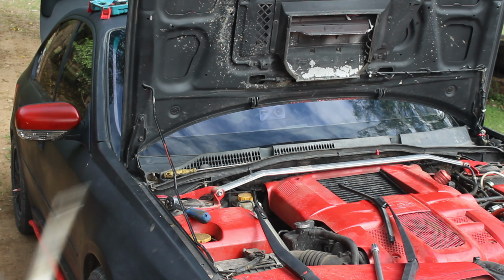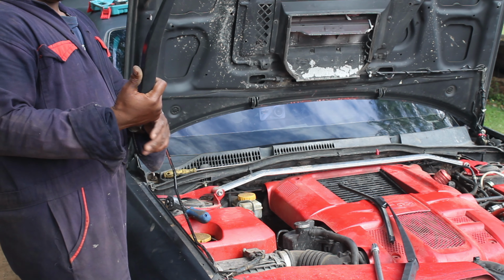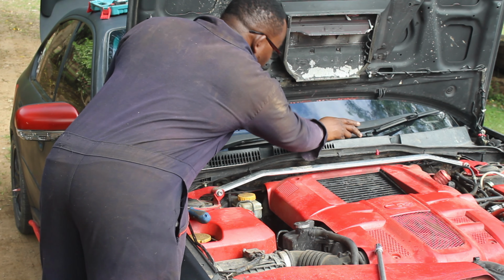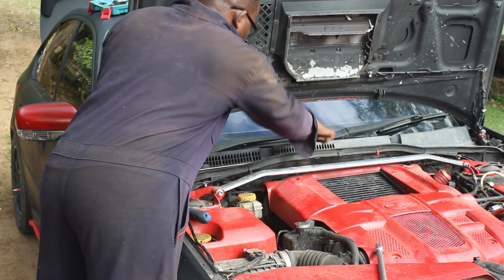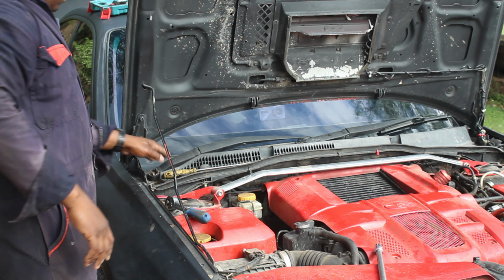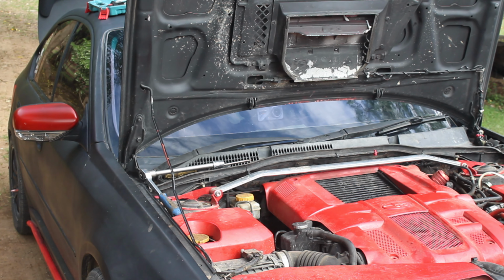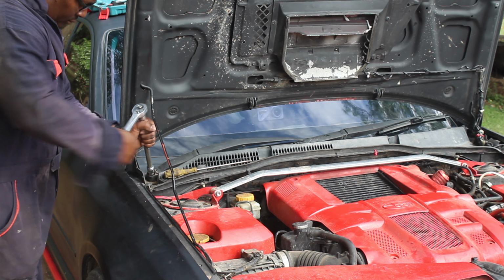So we're going to put back the wipers now, and then we try to adjust them and test, to see how they work. You put back the wipers the way they were before. You need to pay attention: there is a left and there is a right, a passenger side wiper and a driver side wiper. Pay attention to the way things were before. Most people, when they come back, might put the wipers in the opposite direction. So tighten them,